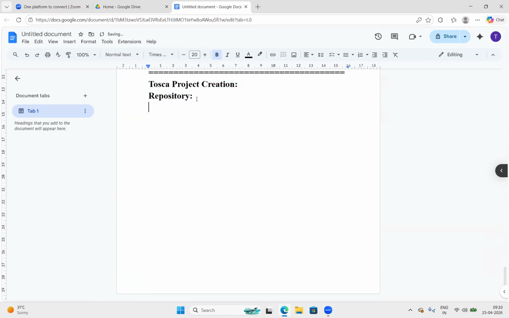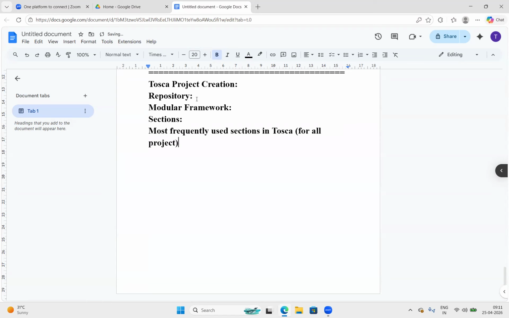Once it is done, we are going to discuss what a modular framework is. In this modular framework, in total, what sections are there? The purpose of each section, and the most frequently used sections in Tosca for all projects.